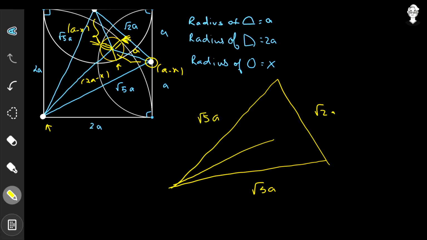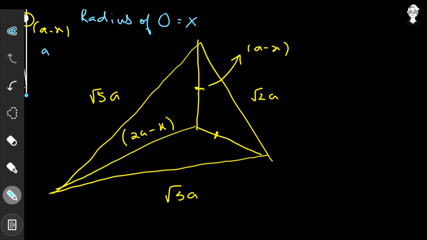Now from here, like this way, 3 line segments are there. This and this are going to have the same value, that is a minus x, and this particular line segment is having a value equal to 2 times a minus x. Now we will play inside this triangle only. So here we have marked some of the important line segments. This and this are going to have the same value, that is a minus x. Now we are going to mark some of the important angles. So this complete angle I will take as theta, this much angle I will take as alpha and this much angle I will take as beta.